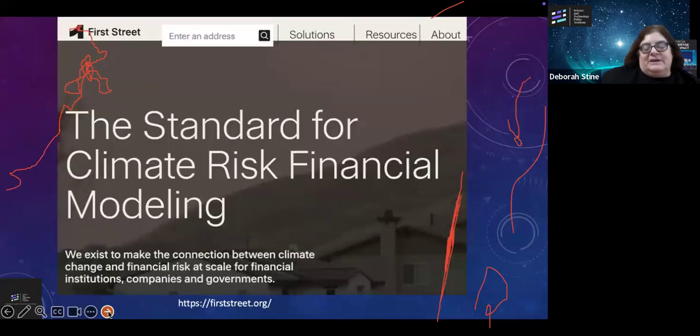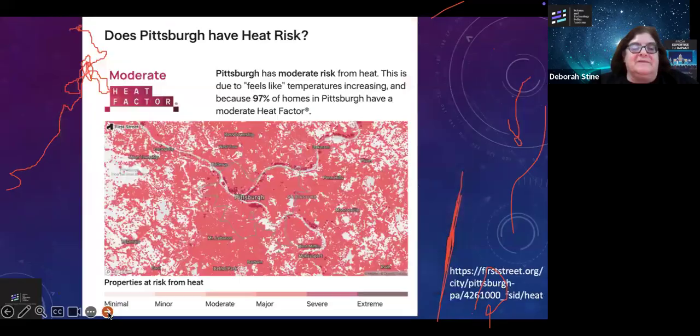So here's another one that I really like. In case you are not aware of it, there are a lot of challenges with FEMA's flood insurance system and that data. So a nonprofit called First Street has developed something where you can type in a specific address, like I could put in the address of my house, for example, and it will tell you what your risk is from various climate activities.